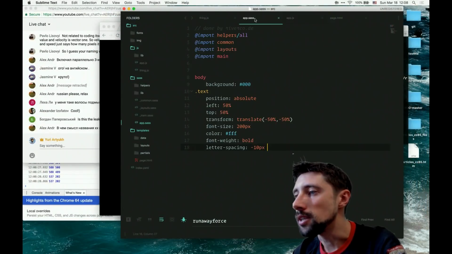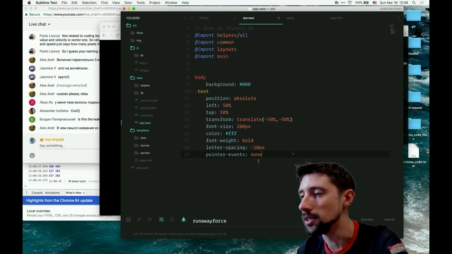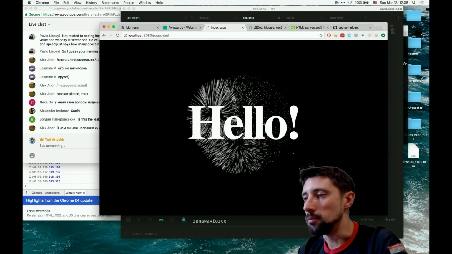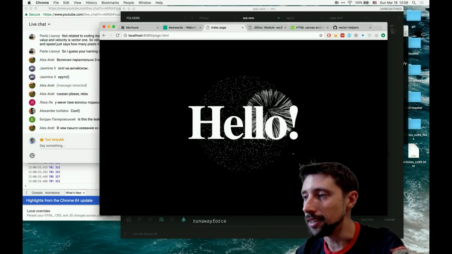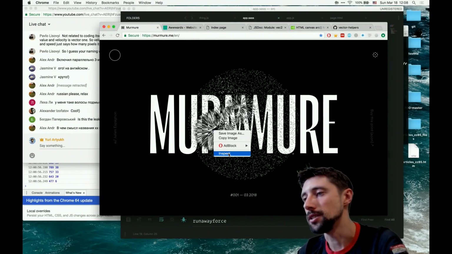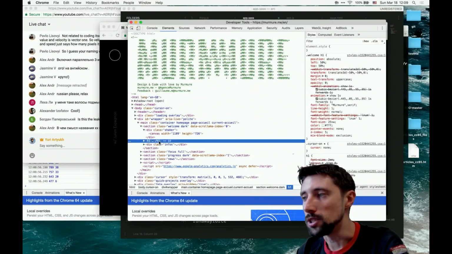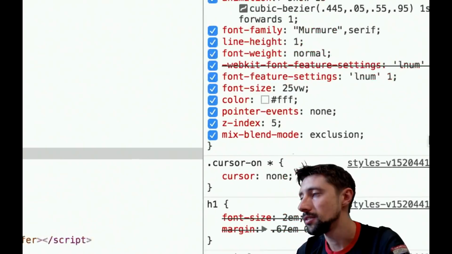To fix this, I would just need to add the pointer when it's none. This is actually exactly the application of this CSS property. So now it's gonna work even when I'm over the text. And now only one CSS line left to implement the final effect, and I'm gonna just copy paste it directly from this website. So I'm going to this H1, and this is this line, you see, which does the rest